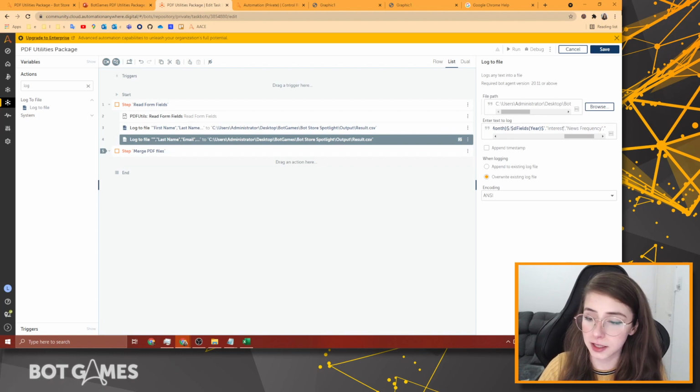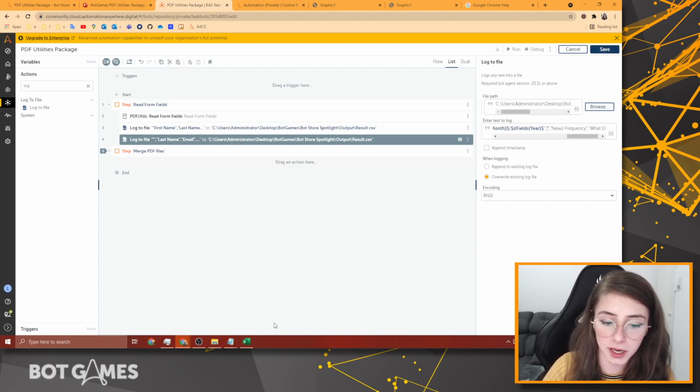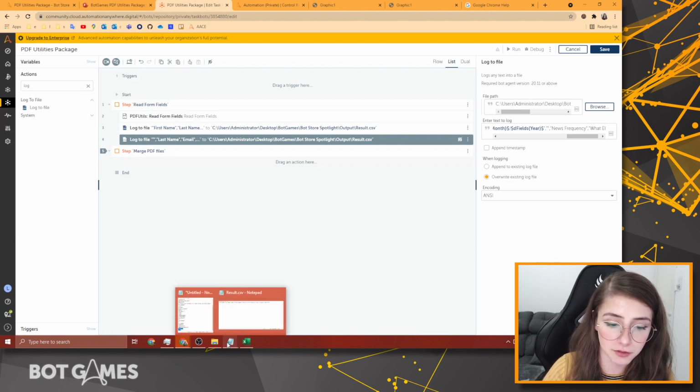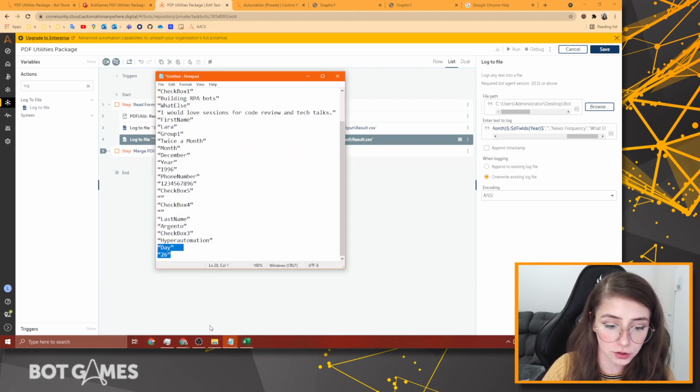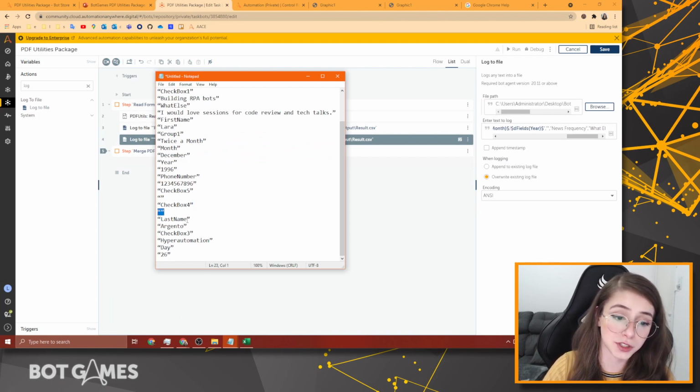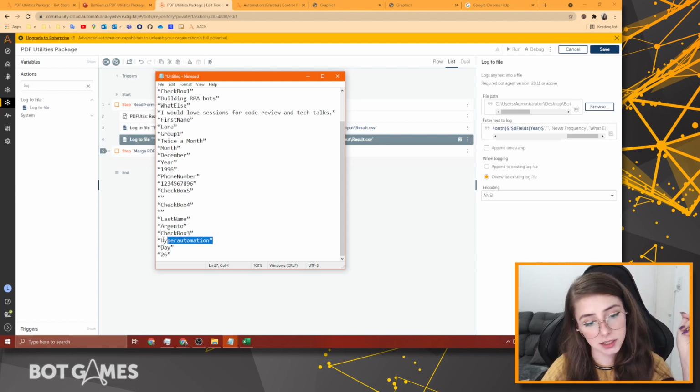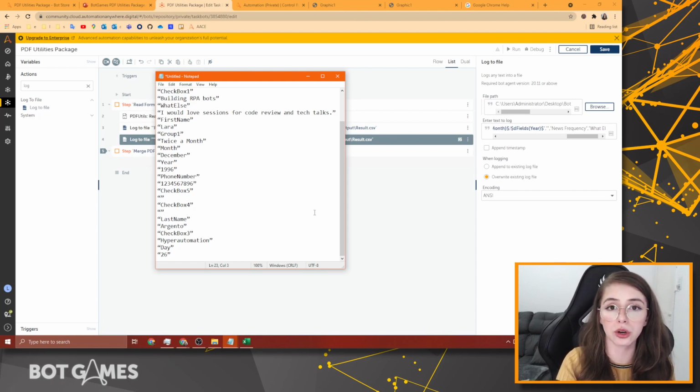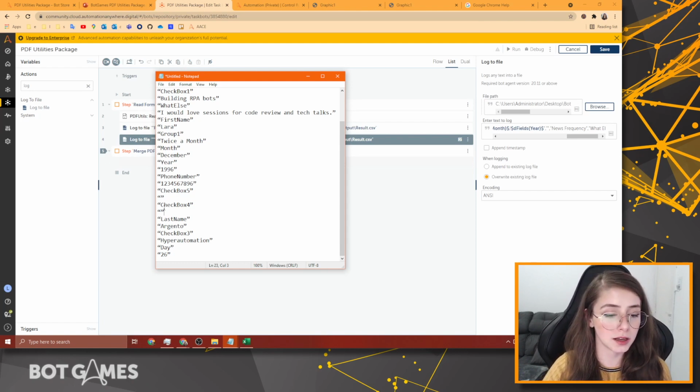And for interests, this is something that is particular to this PDF. Again, it is going to depend on the PDF that you have. For interests, we have checkbox number 4, which is empty. Checkbox number 3 has information, that is hyperautomation. That means checkbox number 3 is selected, is ticked, and checkbox number 4 is not. Some PDFs have on or off for each checkbox, so you need to build your bot around what the PDF is giving you. And because mine is either empty or has the text,